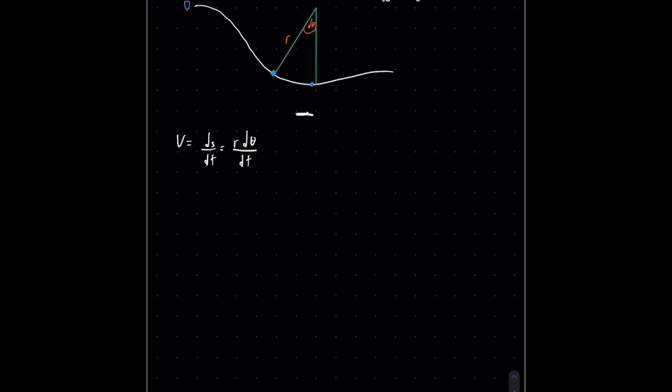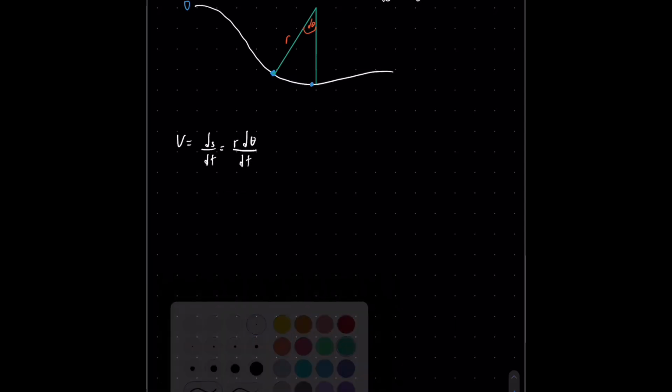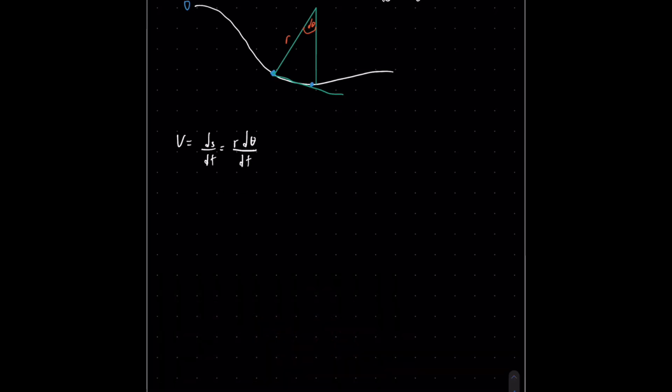Something I mentioned before is that the velocity goes in the tangential direction, the direction of motion. So there's going to be a velocity. Now this is how we obtain velocity. That's pretty straightforward. It's not too complicated. Now let's go into acceleration. The acceleration is going to be the derivative of the velocity with respect to time,